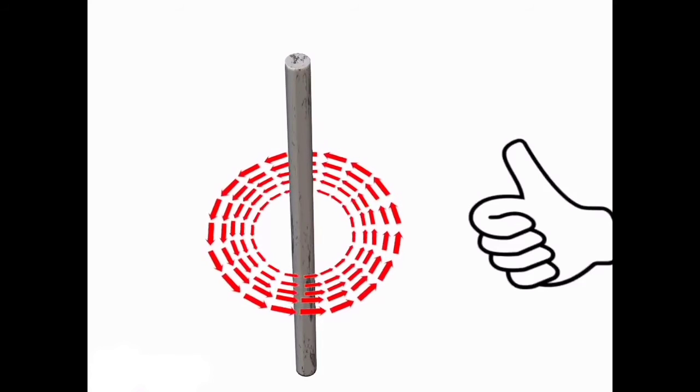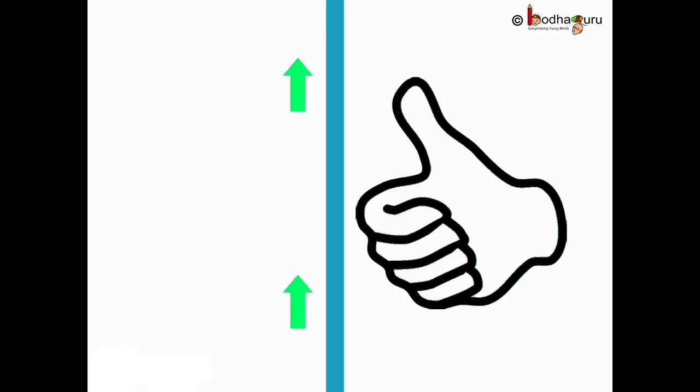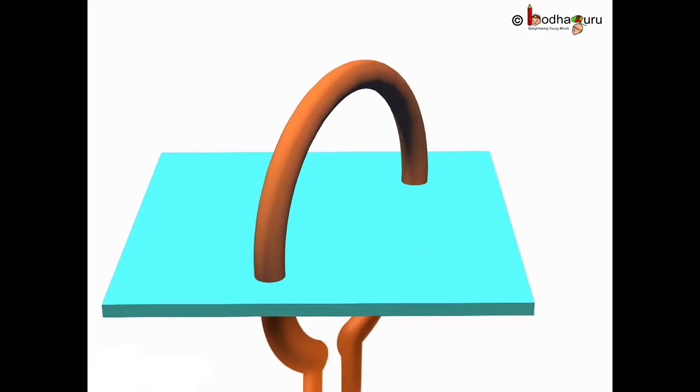What if the conductor is not straight, like in the case of a solenoid? This is a loop made of conducting wire. Imagine it is carrying electricity. Now, if we take a small part of the loop, that would be like a straight wire only, right? Hence, we can find the direction of magnetic field for that small part of the conductor using the right hand thumb rule. Now let's perform a small experiment to understand this.